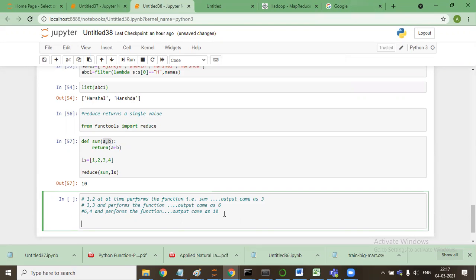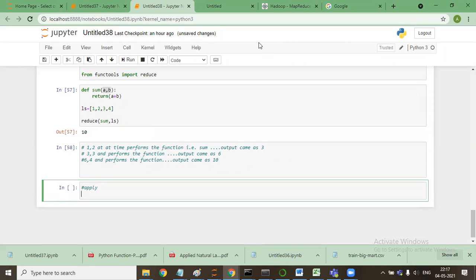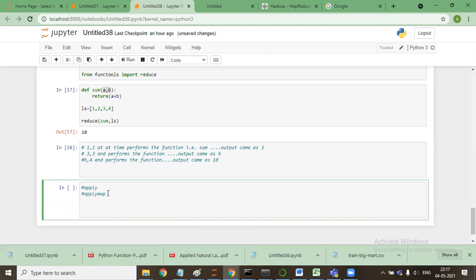Okay, so there are two functions. Let me write it in another line. One is apply and second is apply map. Actually, I'll tell you the definition, but I will confirm on which condition each of these functions will apply.